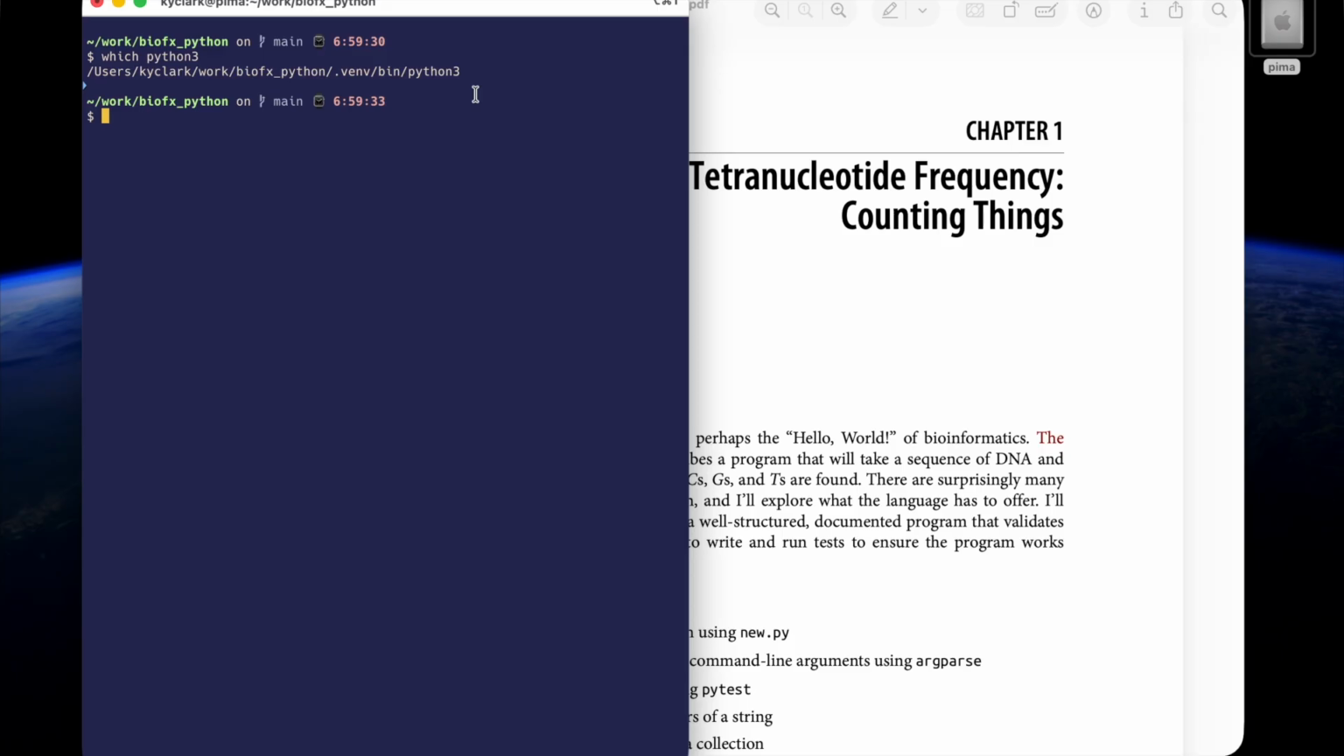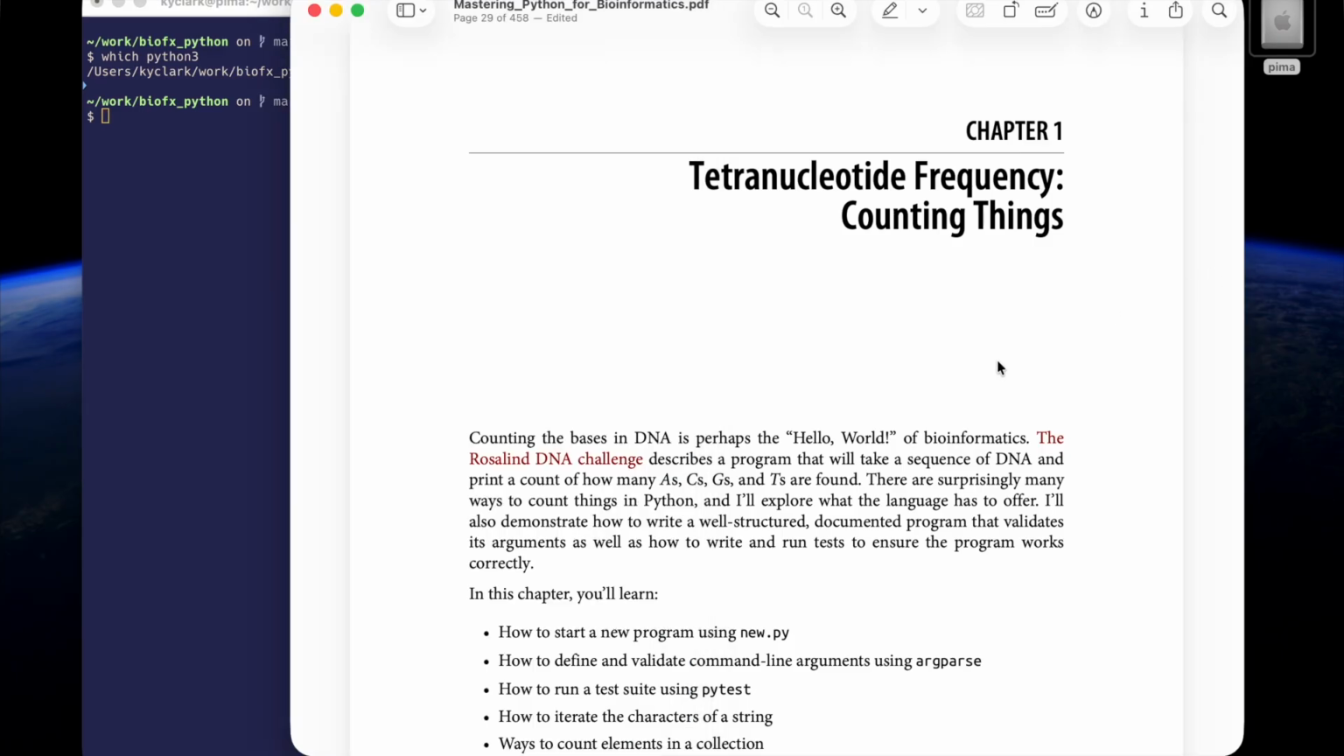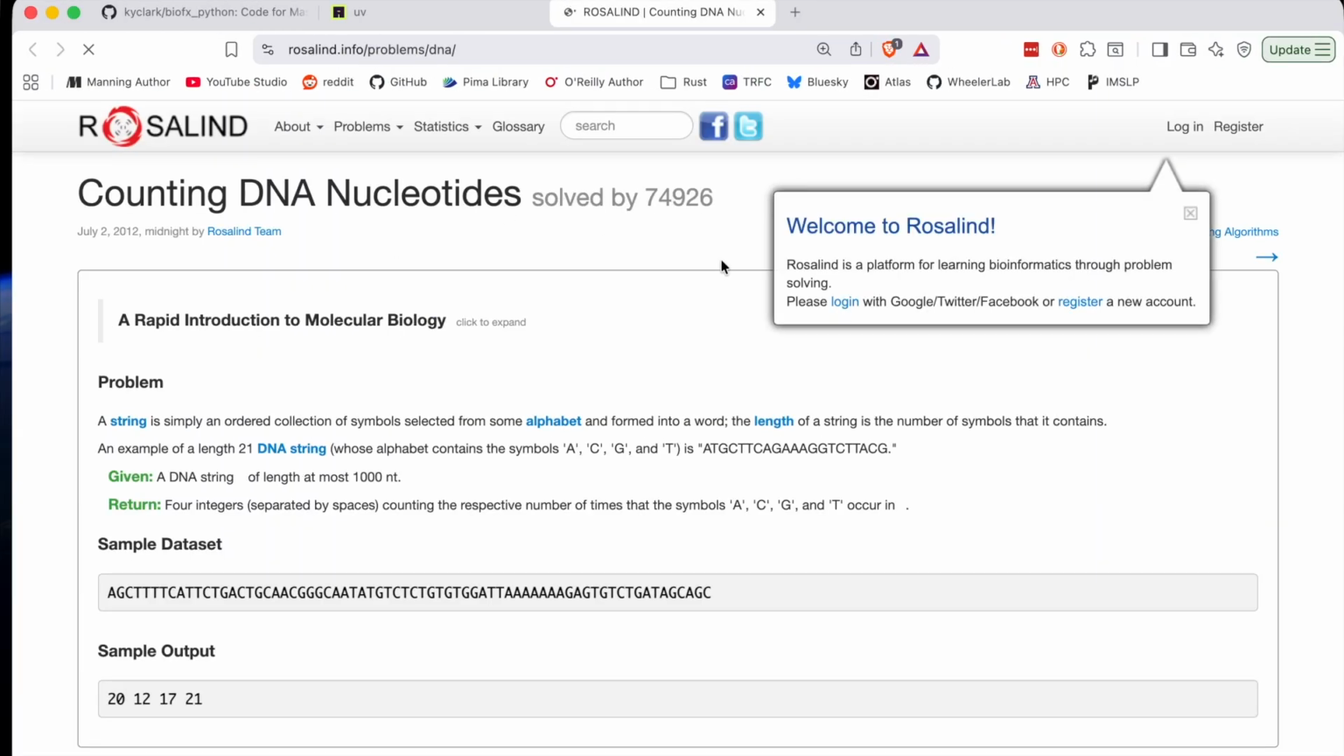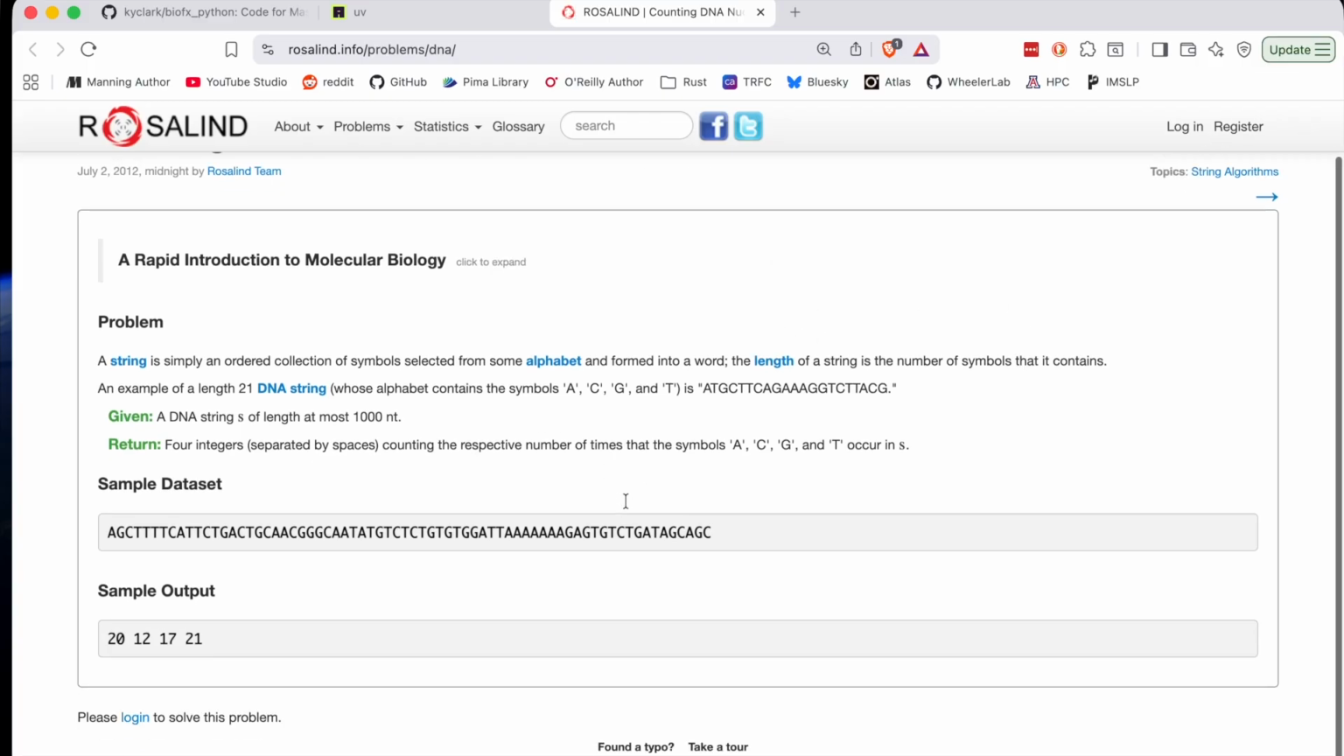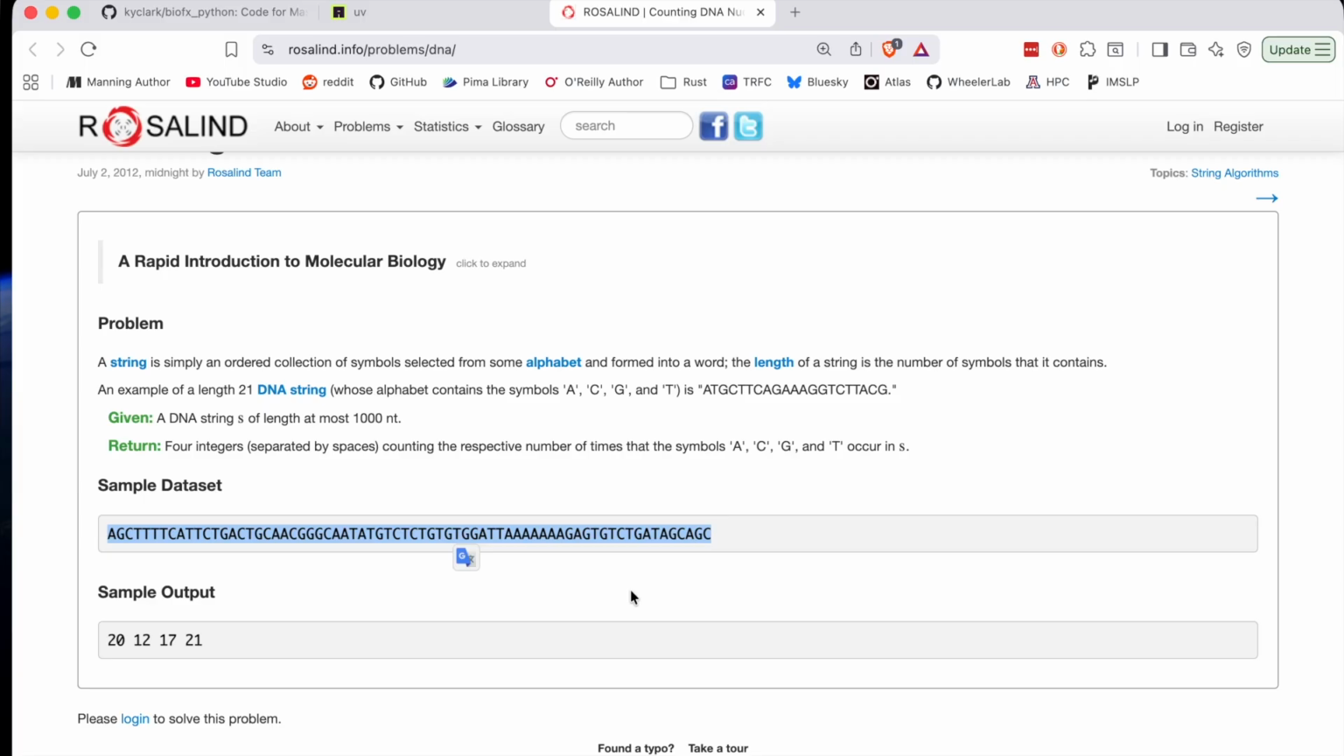So let's get started. We're talking about the very first chapter here, which is counting things, and we're going to be using the Rosalind DNA challenge. If I click on this, it's a fascinating little problem. Given a string of DNA, just a string, no fancy formatting here, we want to be able to count the numbers of A, C, G, and T that occur in that string, and the output should be each one of the numbers for A, C, G, and T